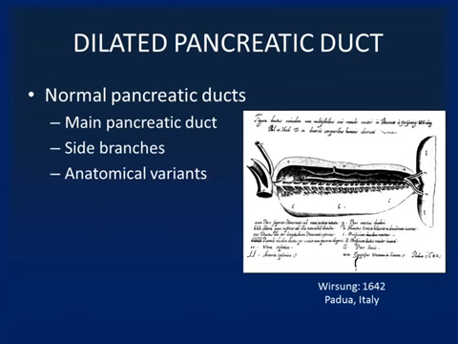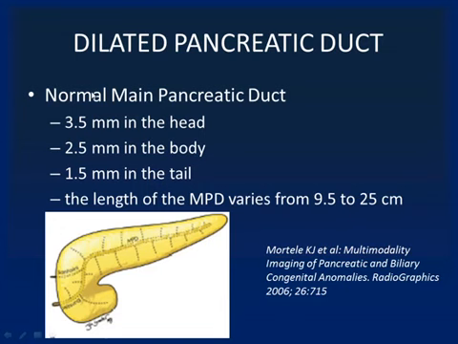It may be interesting to remember that the first description of the main pancreatic duct was made by Wirsung, who was a German anatomist, but at that time he worked in Italy, in Padua, in the old University of Padua. The normal main pancreatic duct, the Wirsung duct, has a diameter which depends on the site. In the head it is 3.5 millimeters, in the body 2.5 millimeters, in the tail 1.5 millimeters. Maybe we are less interested in the length of the main pancreatic duct, but this varies from 9.5 centimeters